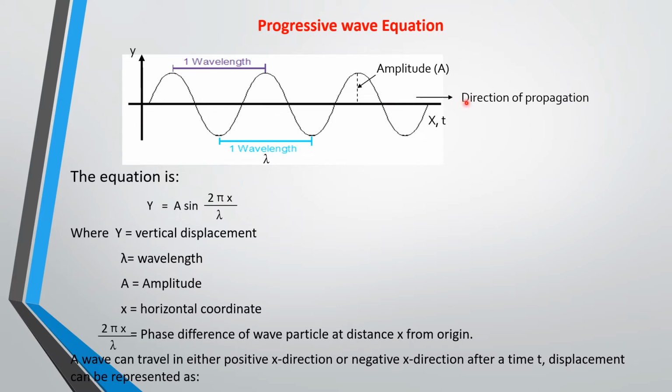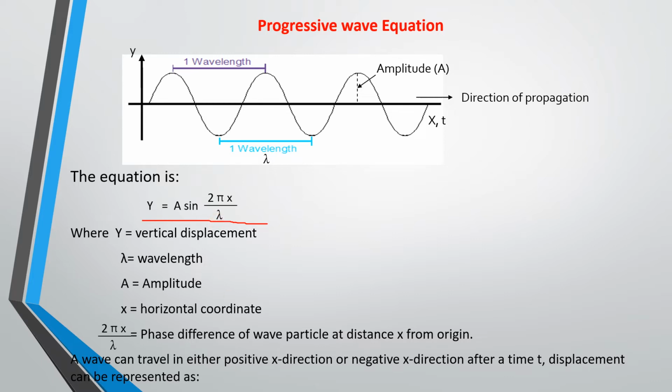It is called the progressive wave equation, and mathematically it is stated this way: y is equal to a sine 2 pi x all over wavelength,